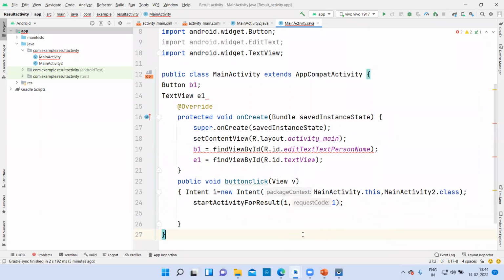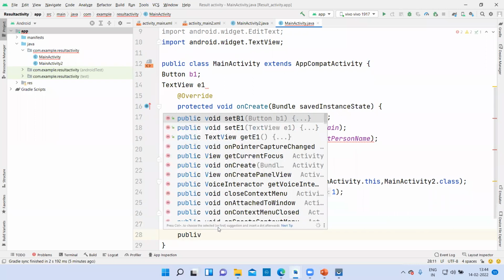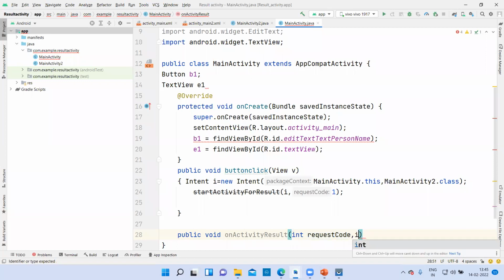So next we have to call the method public void on activity result. Pass the 3 parameters. First integer request code. Then you will pass 1 result code.